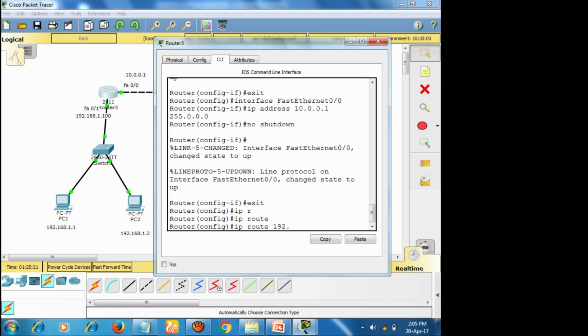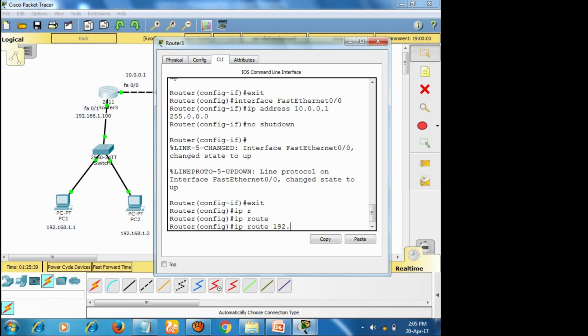There are three pieces of information you need to mention for this IP route. One is the IP address you are going to connect, that is the network address, right?